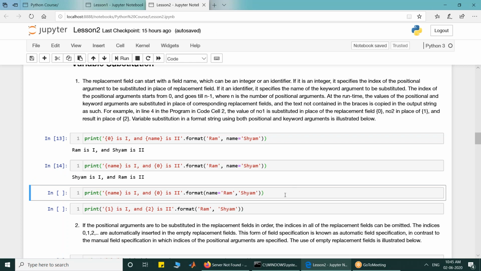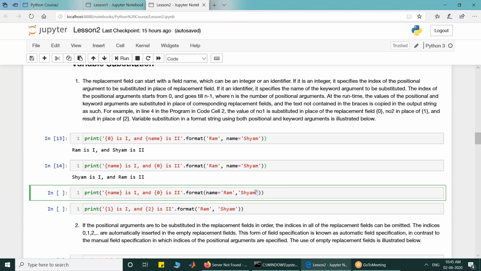A very important rule that you must remember while writing positional arguments and keyword arguments in the format method is that keyword arguments cannot come before positional arguments.